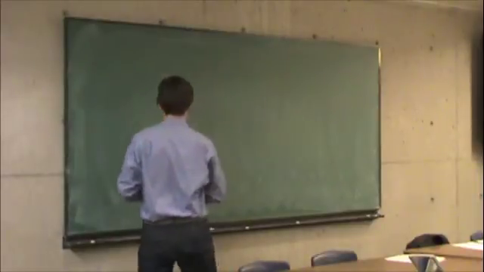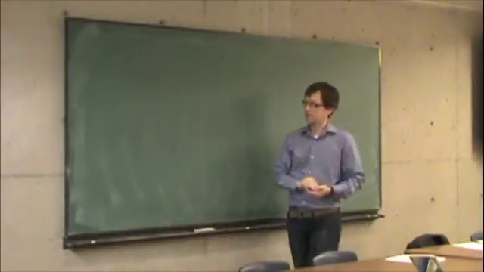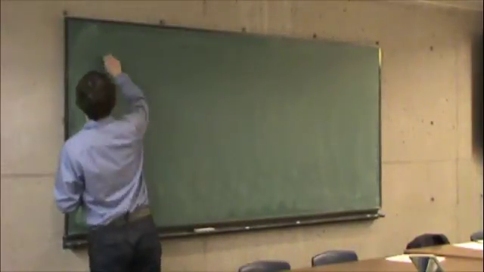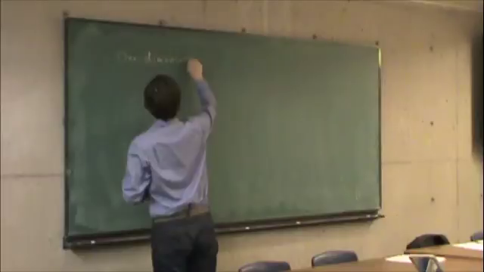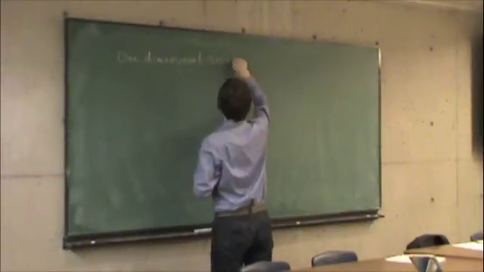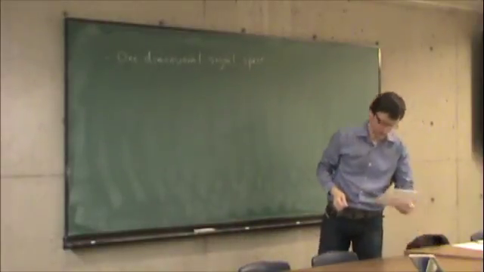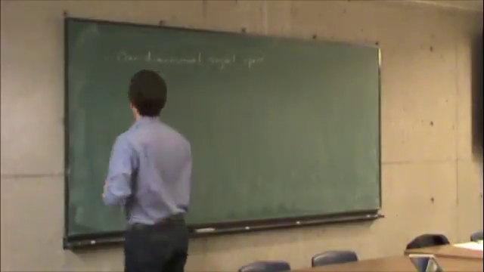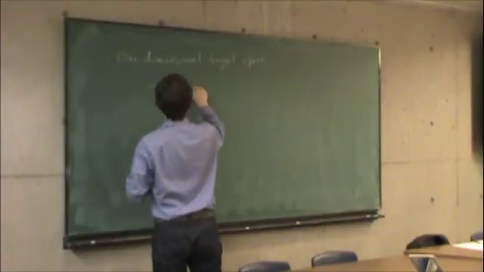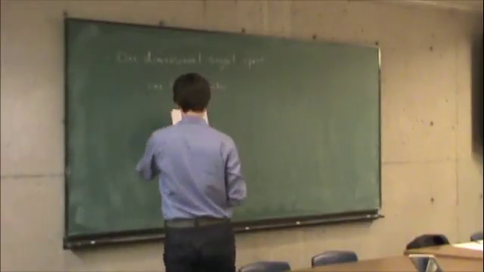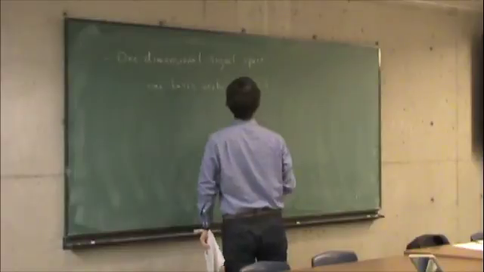Okay, tie it back to signal space. Initially, the tying back is going to be trivial. So let's talk about one-dimensional signal space, which is exactly what we've been talking about so far. In a one-dimensional signal space, like a one-dimensional vector space, there is only one basis vector. So let's call that S of k, which is defined on